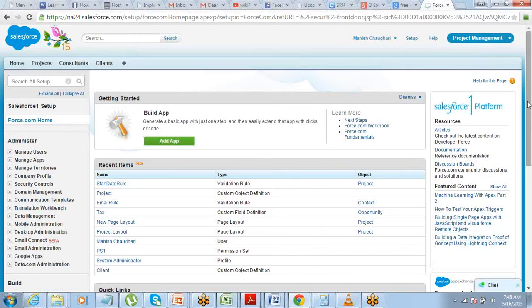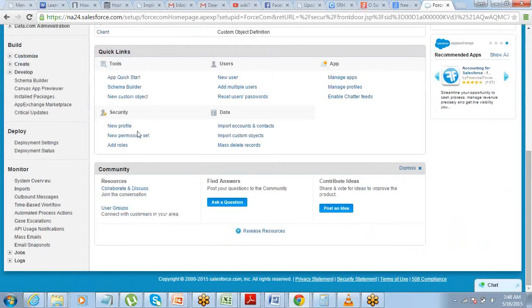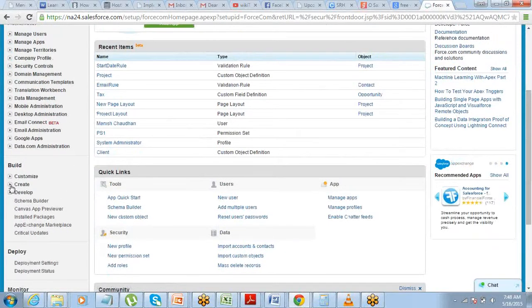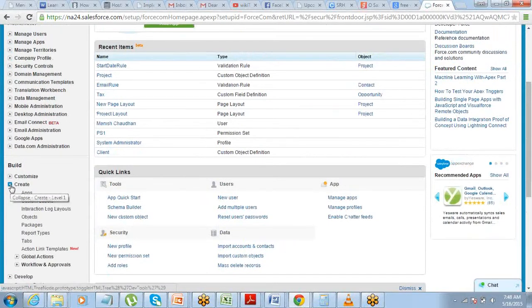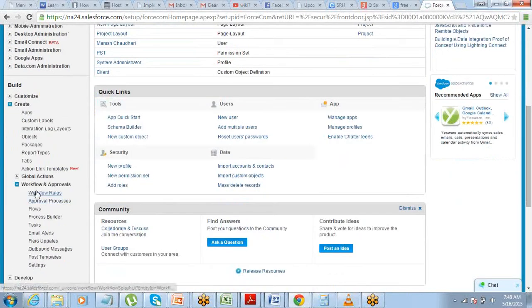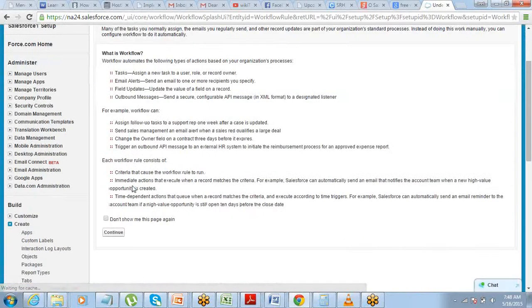So to define a new workflow rule, all you have to do is go to setup. Under setup, go to create. Then go to workflow and approvals. Click on workflow rules. Go to continue.